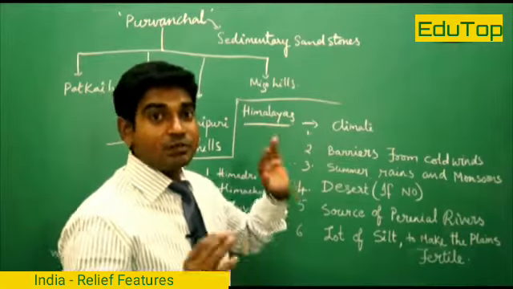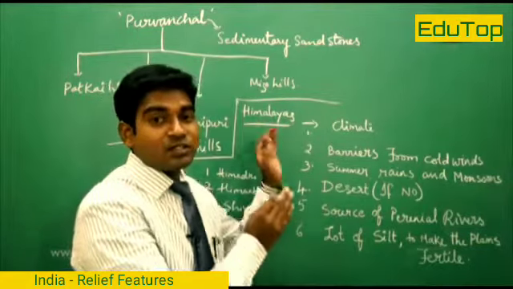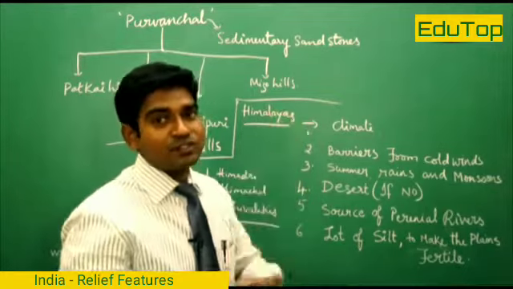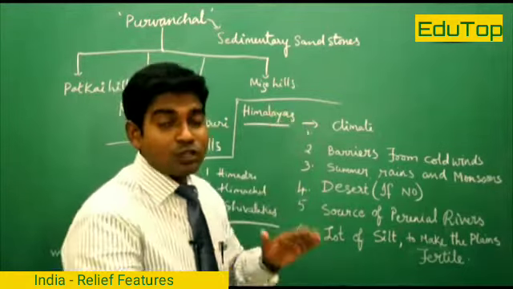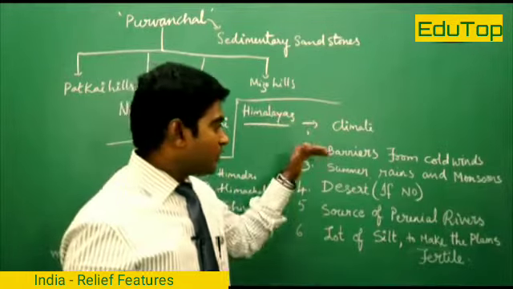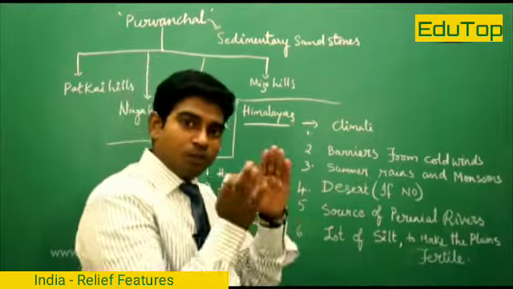We have the rains because of the Himalayan existence, which blocks the winds moving from the Indian Ocean towards the north and gives us rains, and also blocks the cold winds which are moving from the northern region towards the equator. So it acts as a double barrier for both the edges.